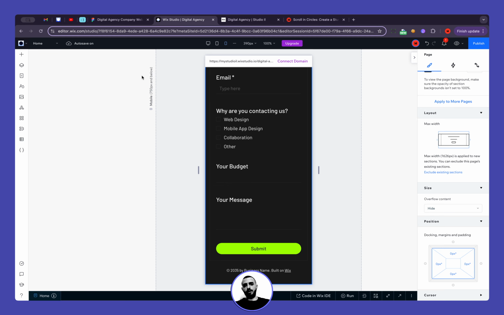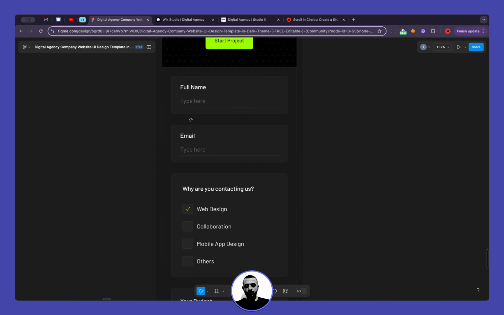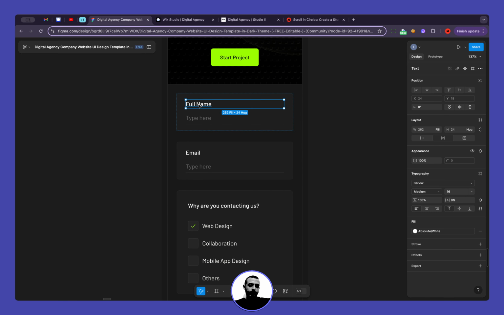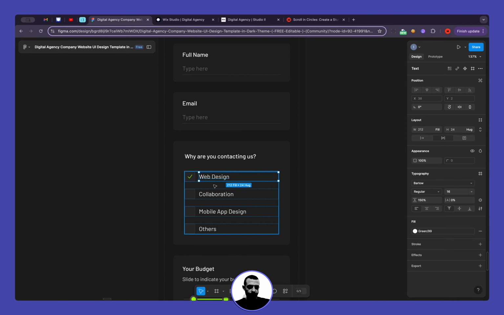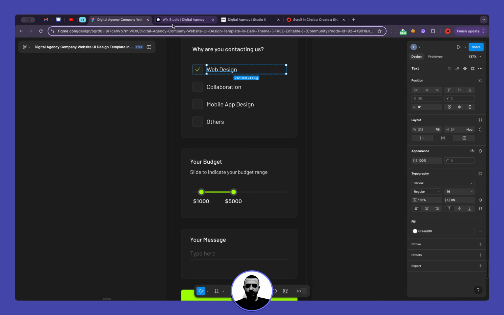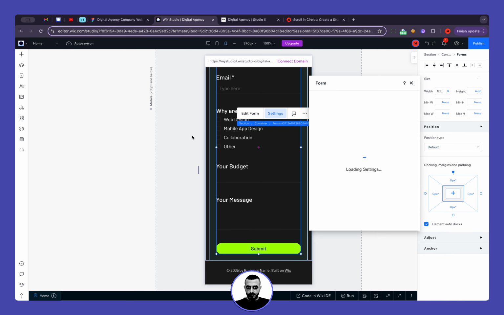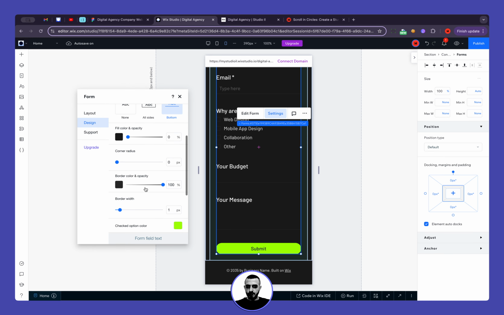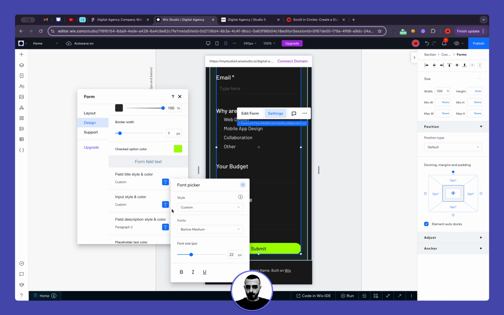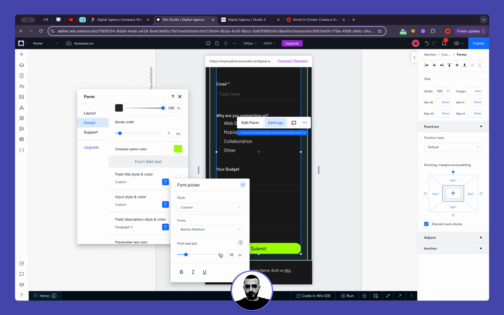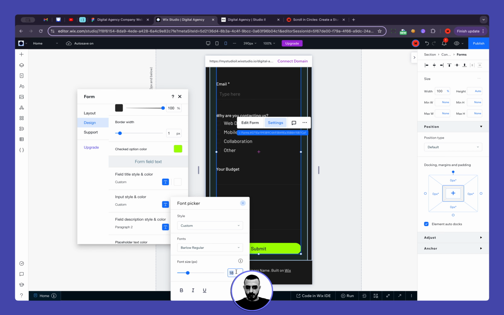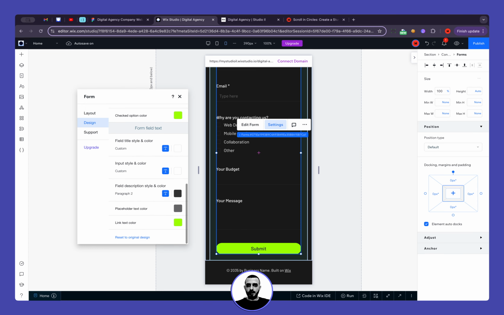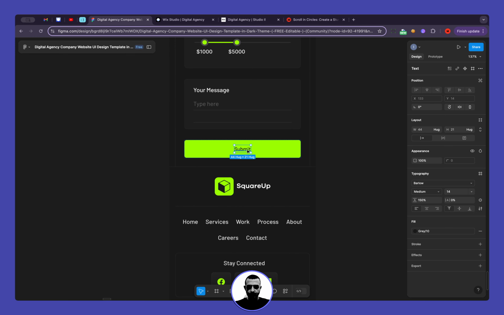All right, but the sizing of the fonts, we need to update them. So this one is 16, and I guess everything is 16. Yeah, everything is 16. So the settings, design, 16, great. And the submit button,